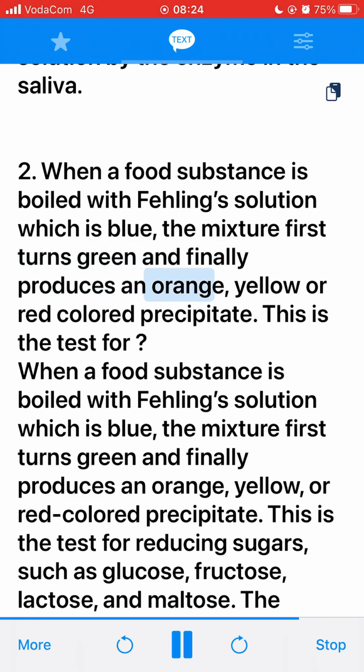2. When a food substance is boiled with Fehling solution, which is blue, the mixture first turns green and finally produces an orange, yellow or red colored precipitate. This is the test for